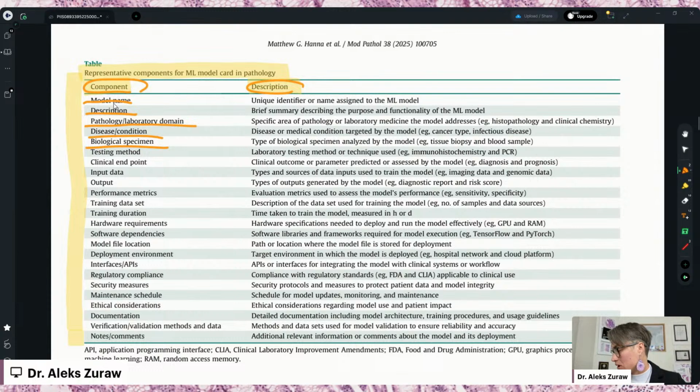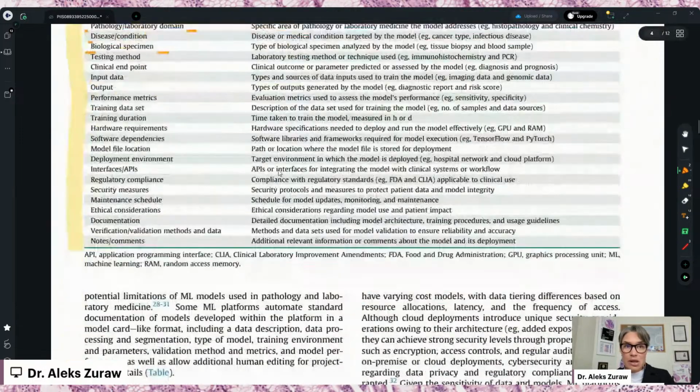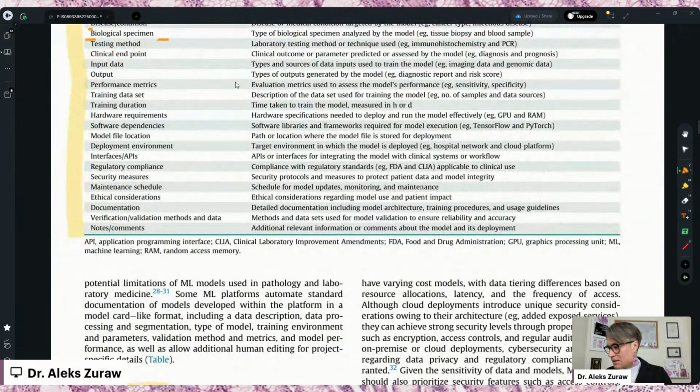So for example, model name is going to be the unique identifier assigned to the model. Description is going to be a brief summary of what this model is doing and its functionality. Pathology, laboratory domain is the specific area of laboratory medicine the model addresses, for example, histopathology, clinical chemistry. This is a machine learning model card. So it's like a map with different metadata about the model that can then map with other stuff and trigger